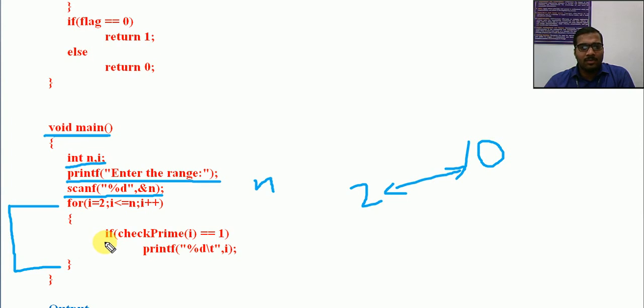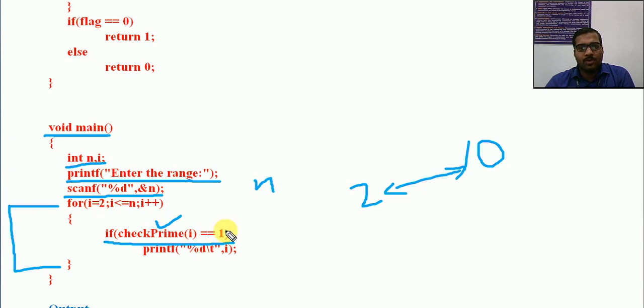Now inside the loop I am simply writing an if statement: if check prime of i. Normally we use a condition like if a equal to 1. Similarly, if check prime of i is equal to 1, this is a function call, and the i we are passing is 2.